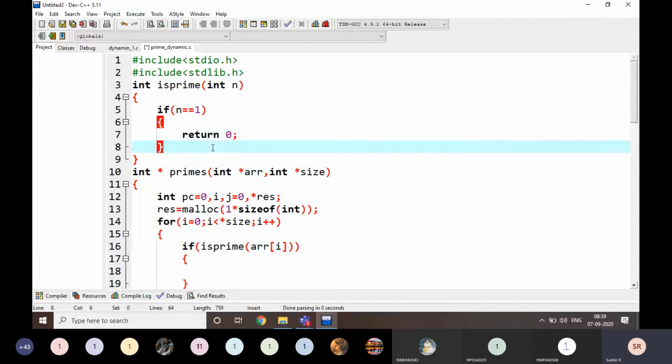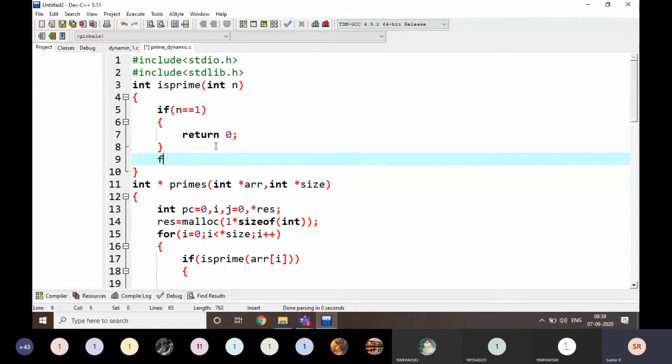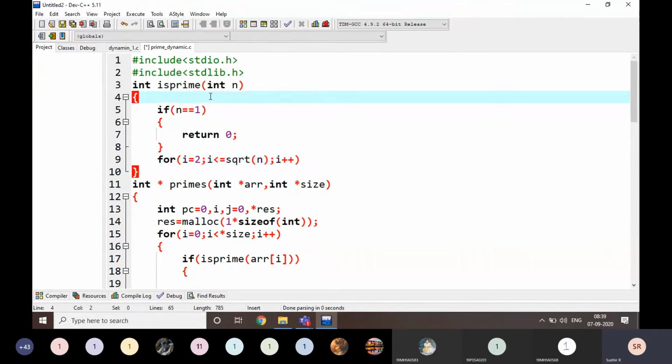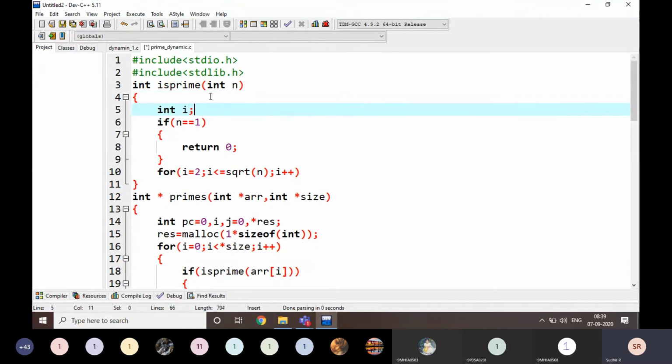Else I am going to write here for i is equal to 2, i less than or equal to sqrt of n, i plus plus. I am going to declare the i value.